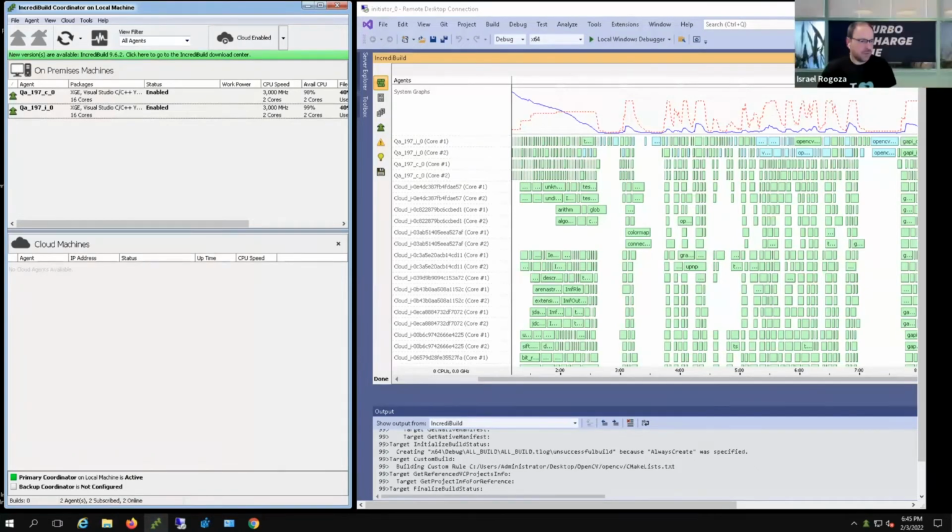Okay. So this is my virtual machine. You can see on the left, this is the Incredibuild Cloud coordinator. I already did the registration because it's a simple process. So I want to straight away show you how it looks from the developer side or the